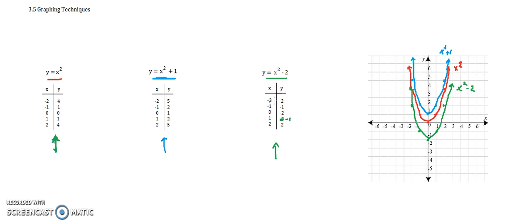Okay, so hopefully that's easy enough to see. We're taking what we had originally and we're adding 1 or we're subtracting 2, and that moves all the y values up or down by 2. So the general rule for this,